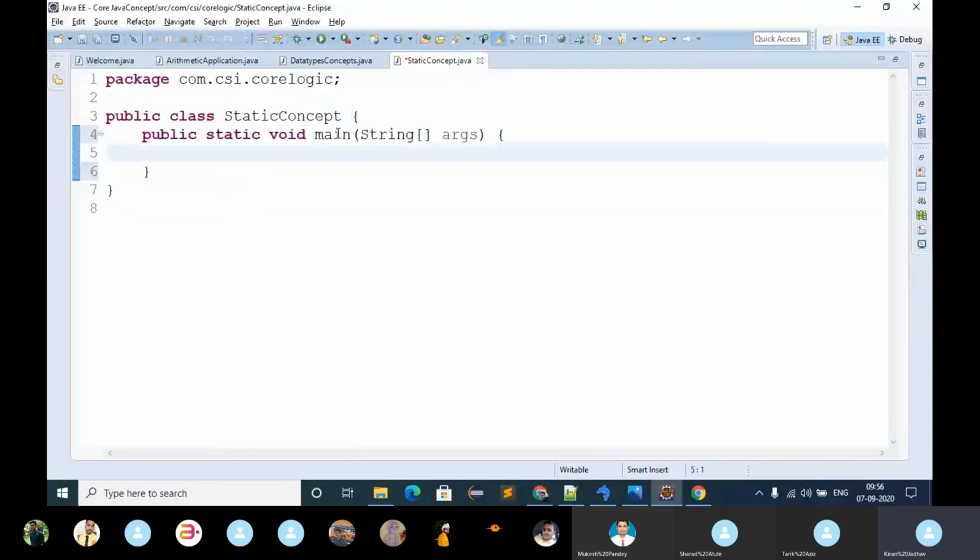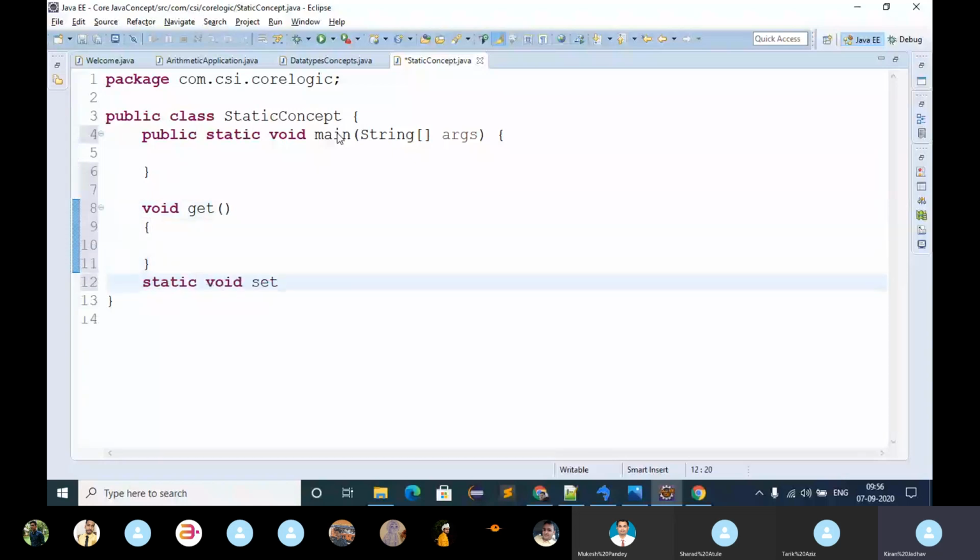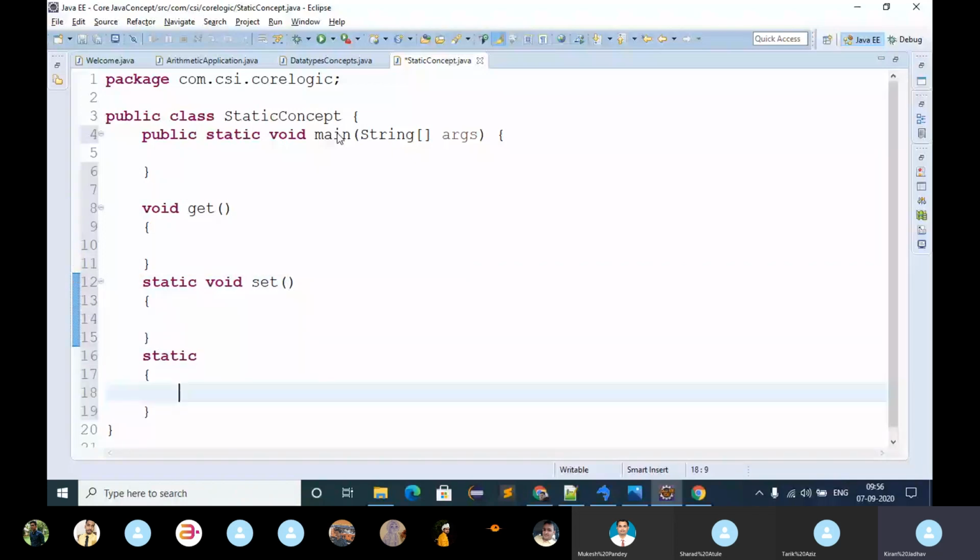And here I am going to create one real-time example. In that I am going to ask one interview question. See here, I am going to add different methods. Void get. I have another method, static void set, and here I have another block available, a static block. Before explaining the concept, I am going to ask one interview question. Some students are from computer science, but some are mechanical or electronics, so I am not expecting an answer from your end, because I am going to teach this concept in depth. Don't worry.